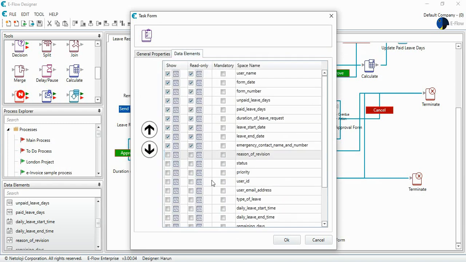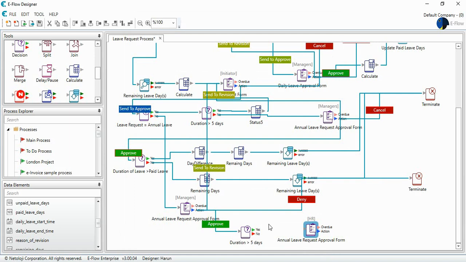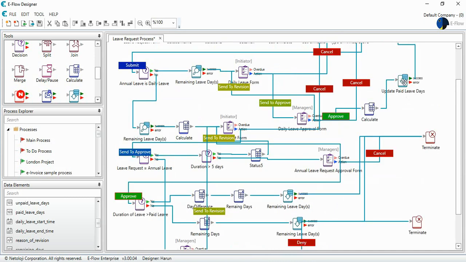Yeah, I will make everything read-only, so the HR will see all these details: name, date, number, unpaid leave days, paid leave days, duration of leave request, and all the details. Emergency contact name and number as well. So if it goes from yes, so if the duration is more than 5 days, it goes to HR directly, and the HR will submit, and they will update the